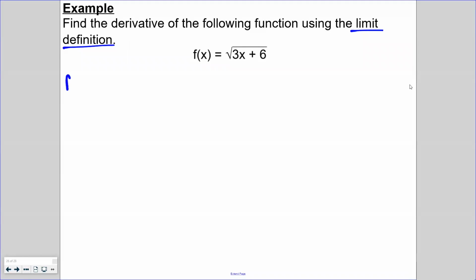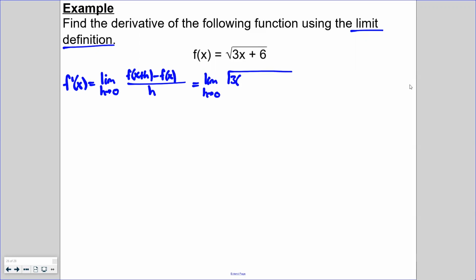All right, so we're going to start off. F prime of x is going to be equal to the limit as h approaches 0 of f of x plus h minus f of x all over h. And then we can substitute in our values. This is going to be the limit as h approaches 0 of the square root of 3 times x plus h plus 6, minus the square root of 3x plus 6